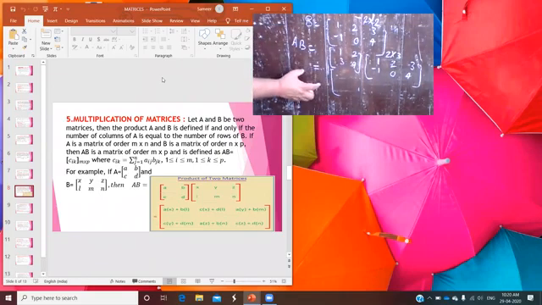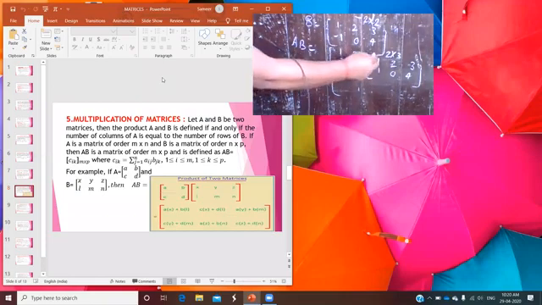The process is that you can see the result: Aij is multiplying with Bjk, and the summation symbol is given. So what does it mean? It means you have to take the summation, that means the sum of the products in between the elements of the first